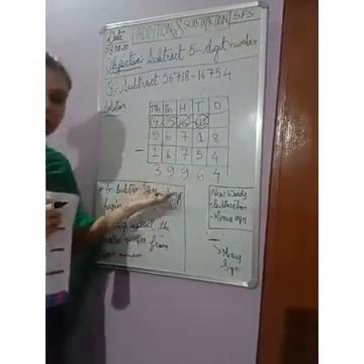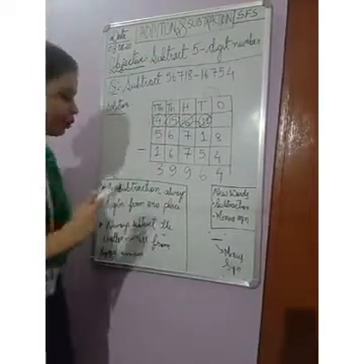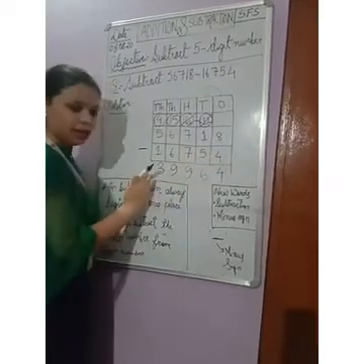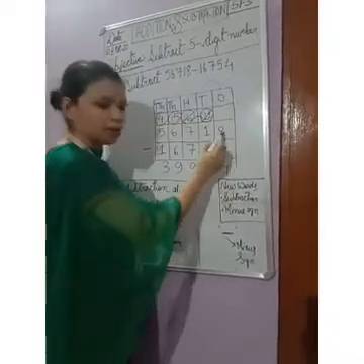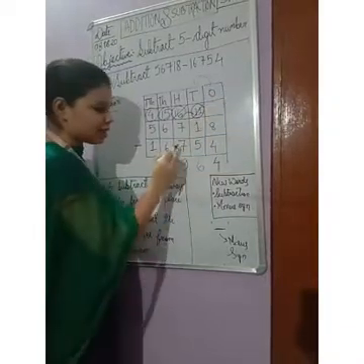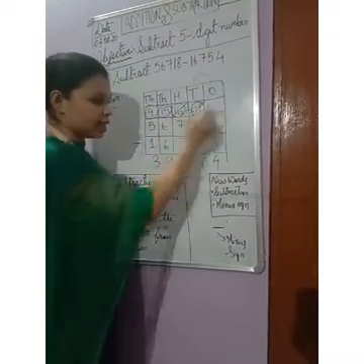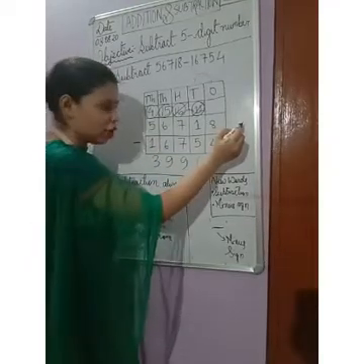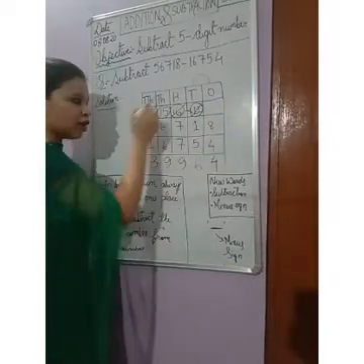Now to check whether this answer is correct or not, there is a method. How can you do it? Take the number below, not the above number, and add it with the answer that is given here. So 4 plus 4, 8. 5 plus 6, 11. 1 carryover. 7 plus 9, 16. 1 carryover, we got 17. Then again 1 carryover. 9 plus 6, 15. 1 carryover we got, becomes 16. 3 plus 1, 4. 1 carryover we got 5.